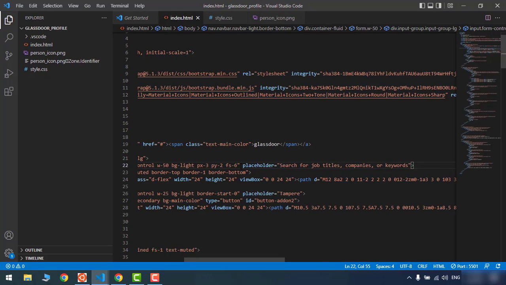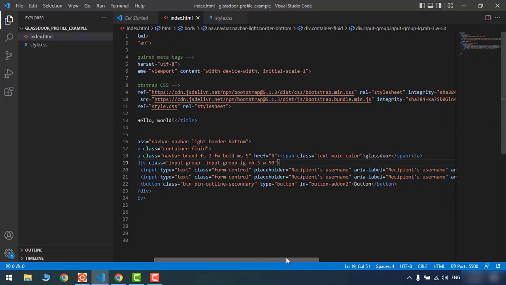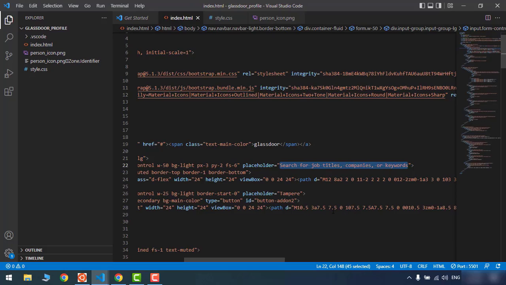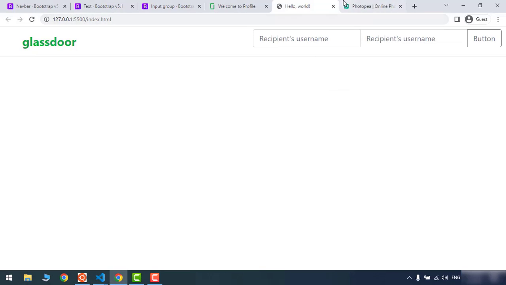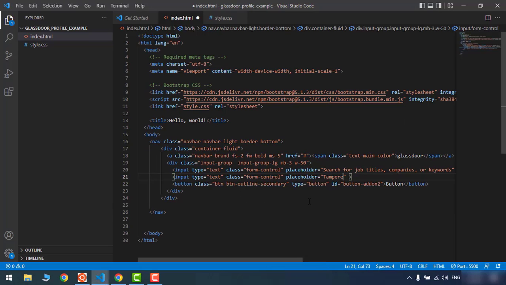So we copy the text of the placeholder. Get rid of the other attributes. We don't need it. Paste it here. And the other text, for example, location. I say, for example, this is Tampere, and